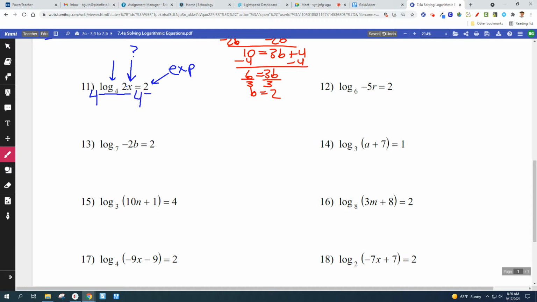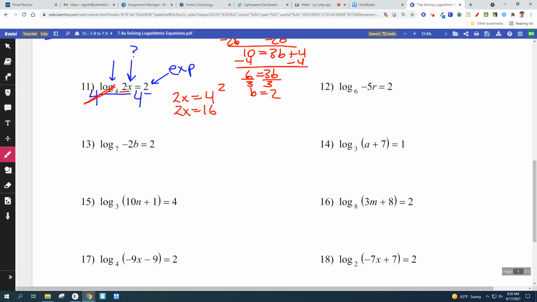That 2 is an exponent. So I've got 4 to the log base 4 of 2x equals 4 to the second. And it cancels out right here. Of course, it doesn't cancel out on the other side. We would still see the 4 to the second on the other side of the equal sign. So if you look at what's left after I cancel out the logarithm, I still have a 2x equals 4 to the second power,